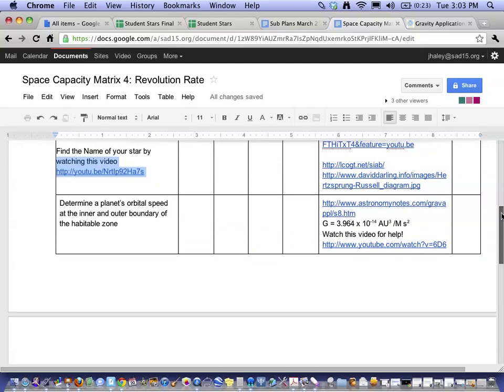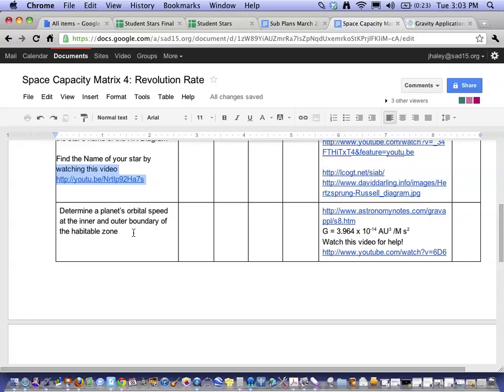So in order to figure out the revolution rate of your star, or the orbital speed to begin with, you scroll down here to this task in the capacity matrix. Notice that it focuses on orbital speed, and it says both the inner and outer boundary. So to figure out orbital speed, we click on this link,